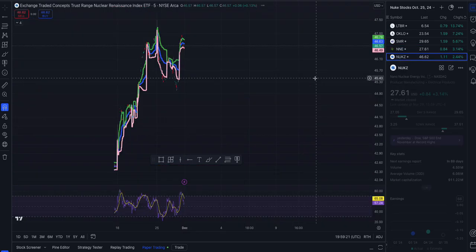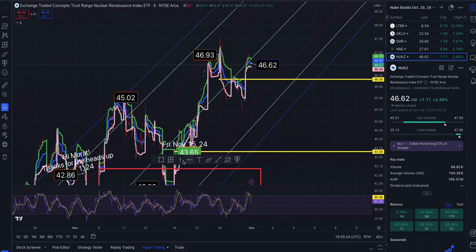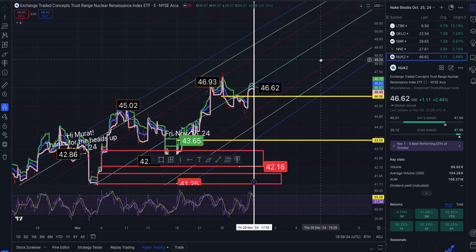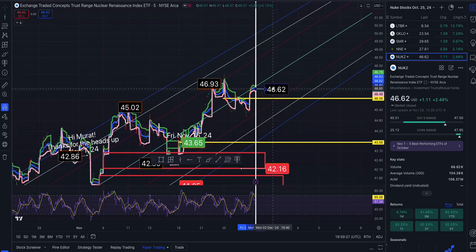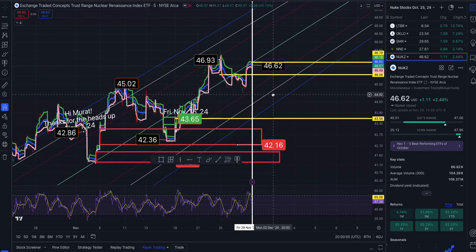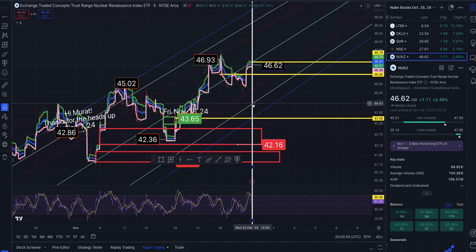And finally, the last one, NUKZ. Mark that out. We ended the week at 46.62. Everything is in the green. Up 2.44%. The baseline is 46.79. And targets, they include 48.38, 49.11, 49.95, many levels of support and resistance in between, and 45.15, 44.40, and 43.52, back